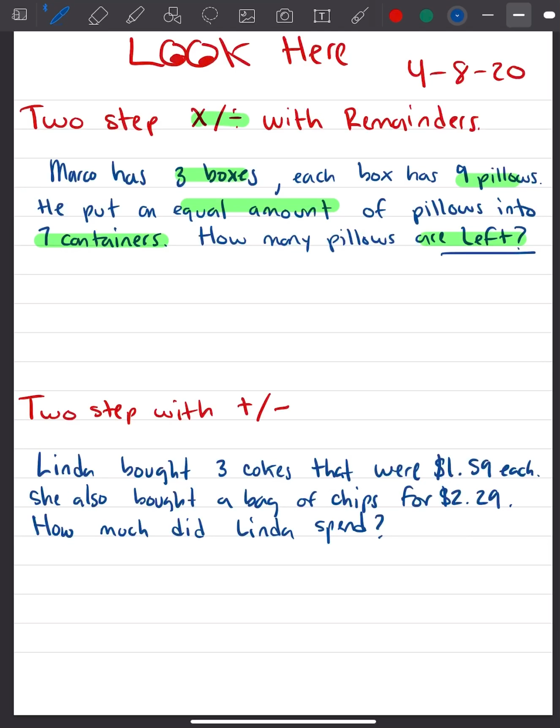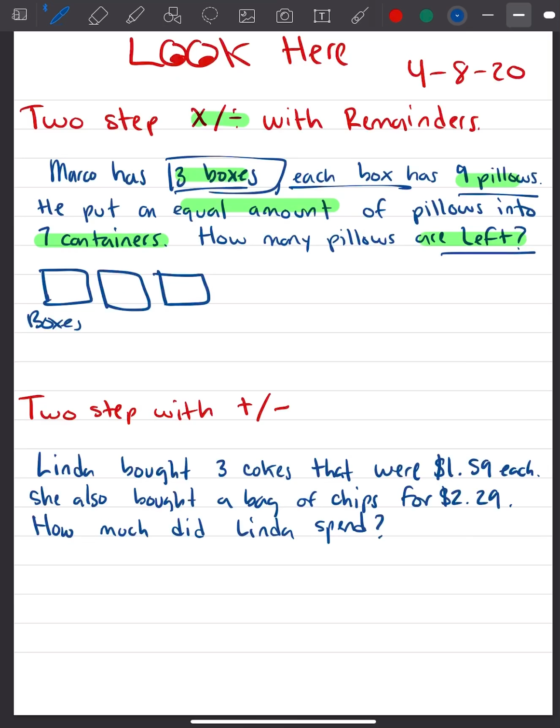Okay, so this is how we're going to solve this. Is there something here that I can draw? Yes. Can I draw my boxes or my pillows? What do you know? What do you know you have? Do you know how many pillows you have right now? No, but you do know how many boxes you have. So you know what? I'm going to draw my boxes. 1, 2, 3. And I'm going to label them. These are my boxes. What do you know about each box? Well, each box has 9